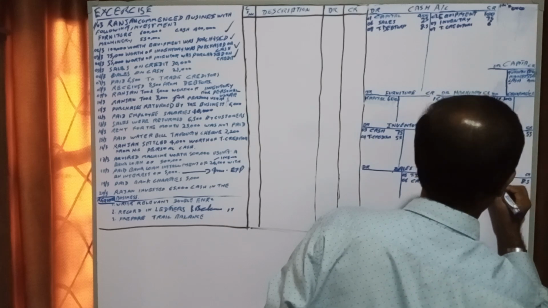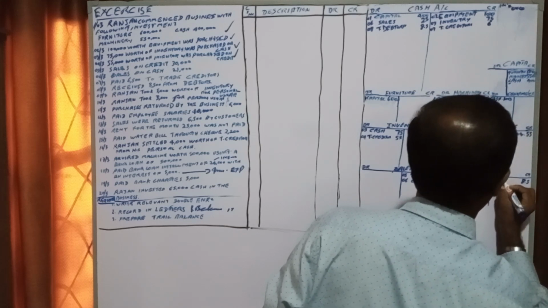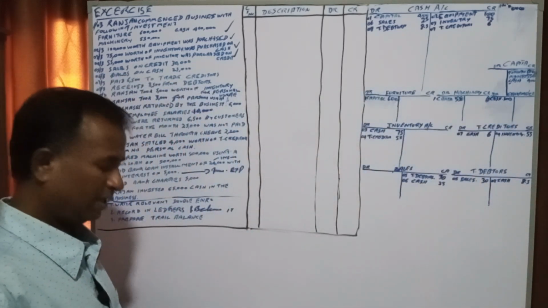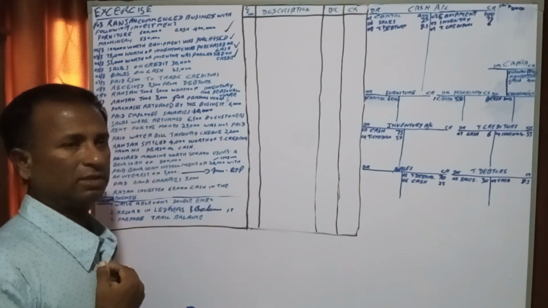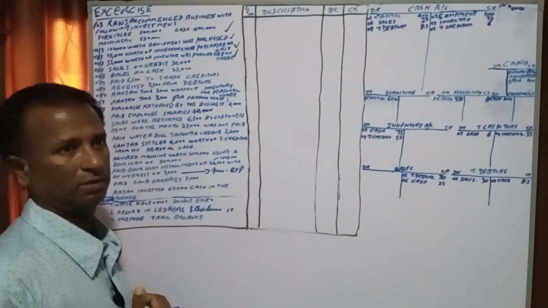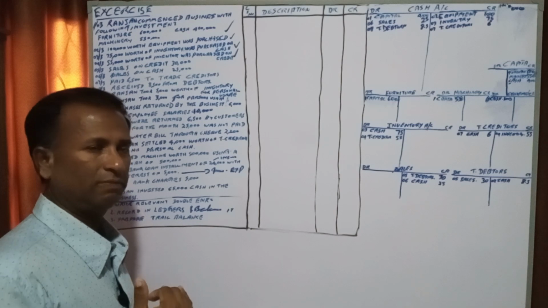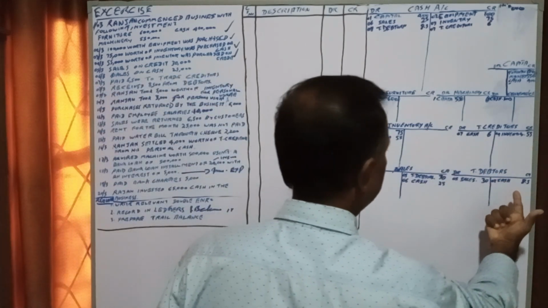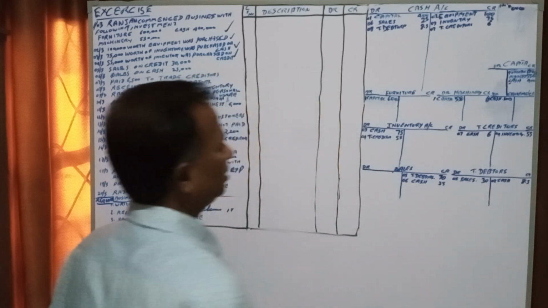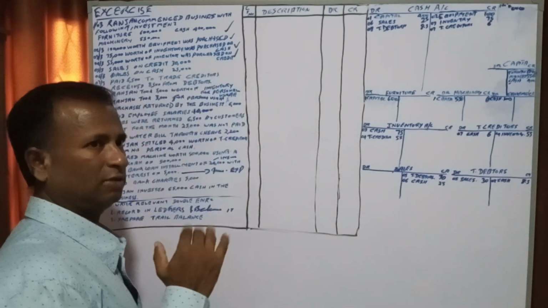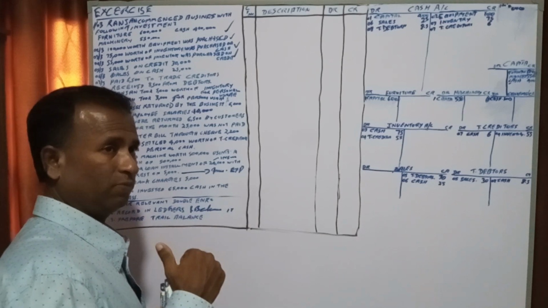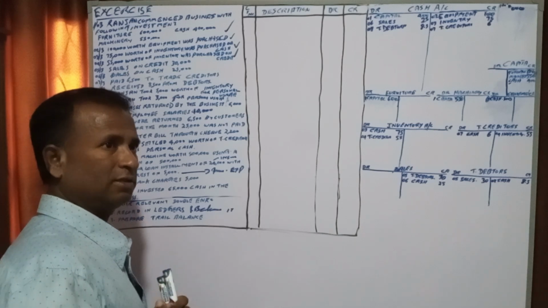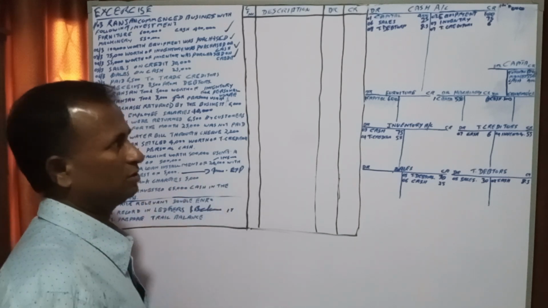Here you will say cash, because we have received cash from debtors. Debtors are decreasing, meaning assets are decreasing, so we have to pass a credit entry for debtors. We have passed the credit entry, and cash is increasing. We are receiving cash from debtors, so the cash balance increases, assets increase,